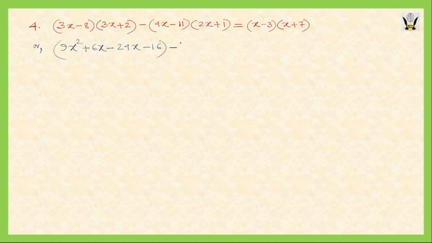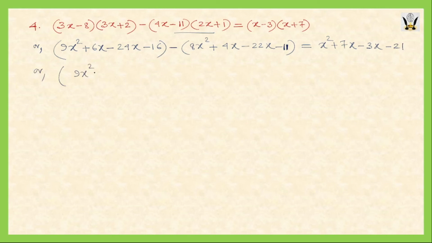Then from the second part we will have the expression or second term on the left side, and on the right side it will be x square, then plus 7x, then minus 3x, and then minus 3 multiplied by 7, so it will be minus 21. Now if we simplify further, then it will be 9x square, then minus 18x minus 16,